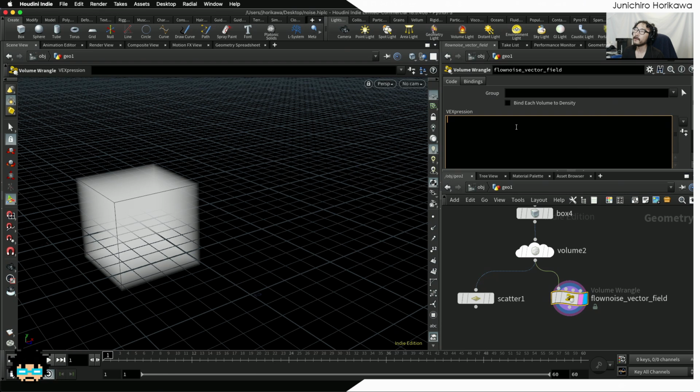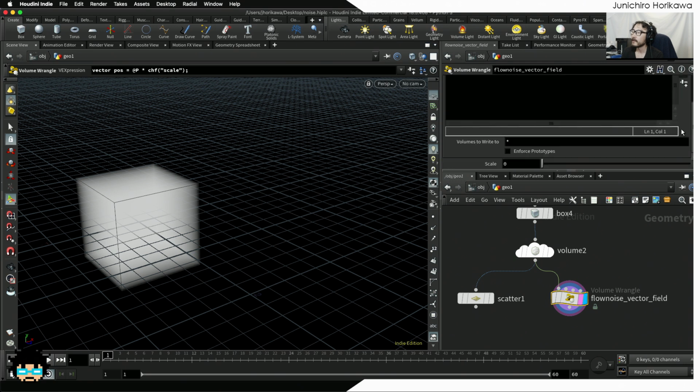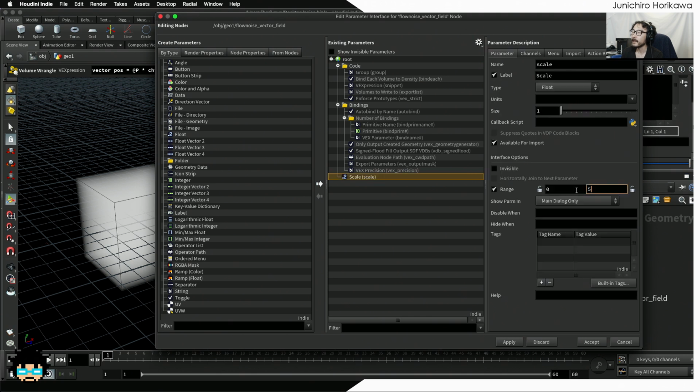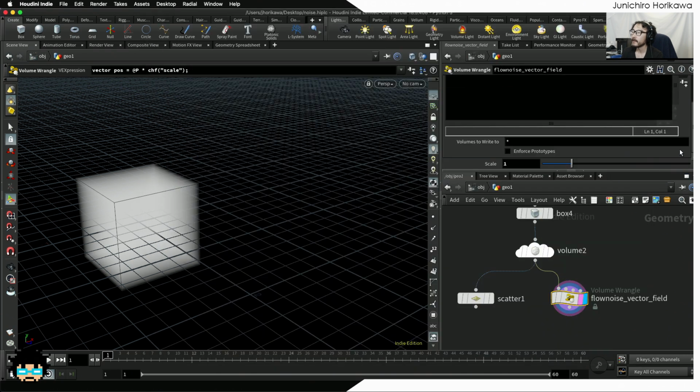Now the usage of the flow noise is pretty much the same as the noise function. You just have an additional parameter for the periodic value. So first of all, I would like to use the point position as the seed for the noise. So I'm going to create a point position based on the current point position, and let's have some multiplication to control the scale of the point position. Okay. And let's also set the range from 0 to 5. Alright, now